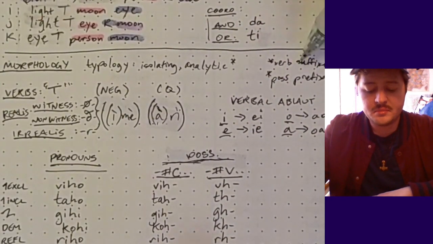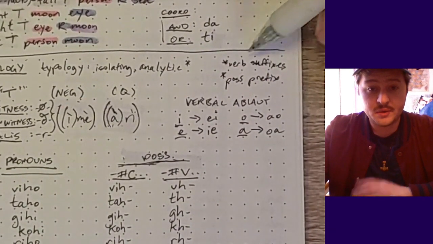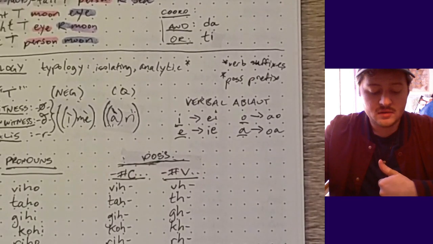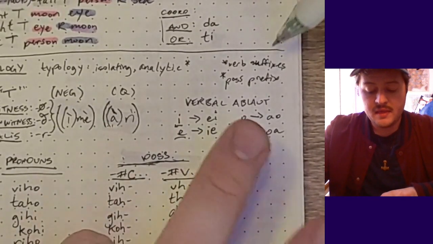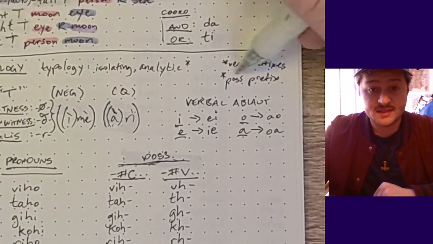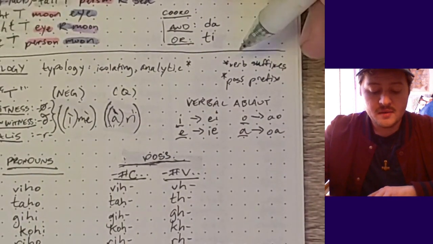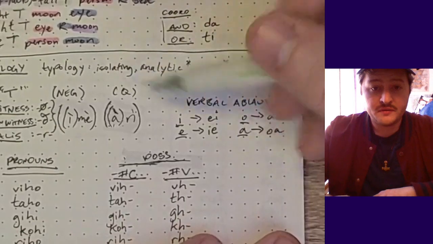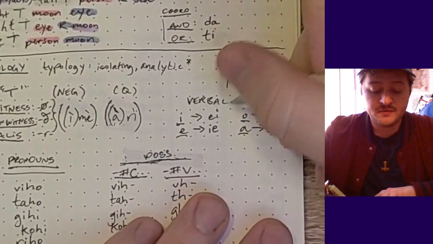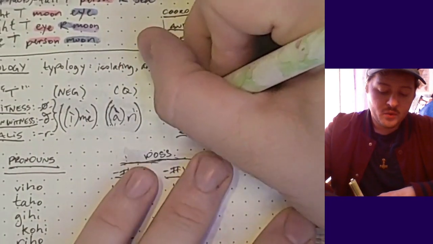There are some verb suffixes that show mood and evidentiality, and there are possessive prefixes that go with the pronouns to show that something is possessed by someone. There's also, to make something a verb, a form of verbal ablaut where the